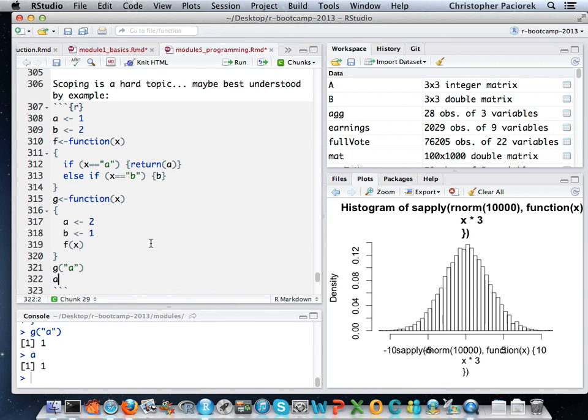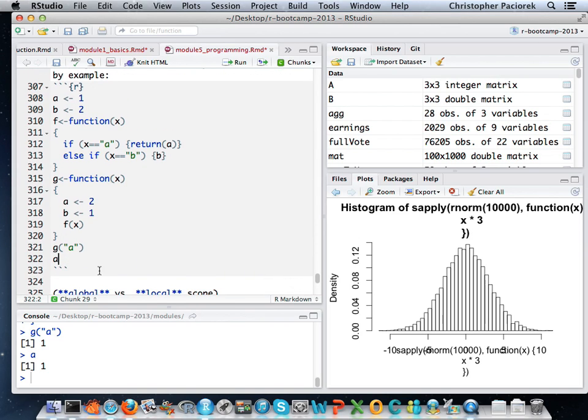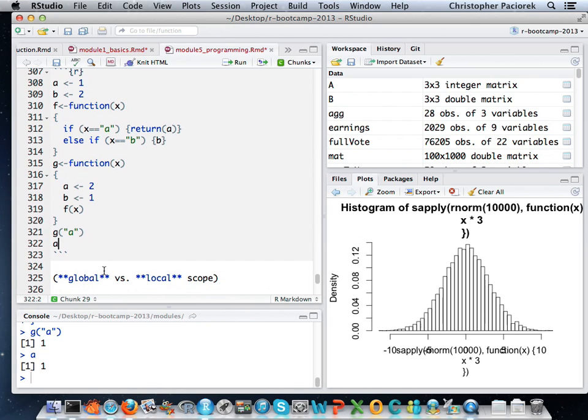Okay, so there's two things going on here. There's this question of lexical scoping: the variables are set based on where the functions are defined. And number 2 is the question of inner versus outer scope, or more generically global scope versus various inner local scopes. And so even though we've run g and a was set equal to 2 inside g, back inside the outer scope, the main body of the function, the value of a was not changed. Okay, so this is kind of a fine point, but it will be relevant when you're defining and using functions.